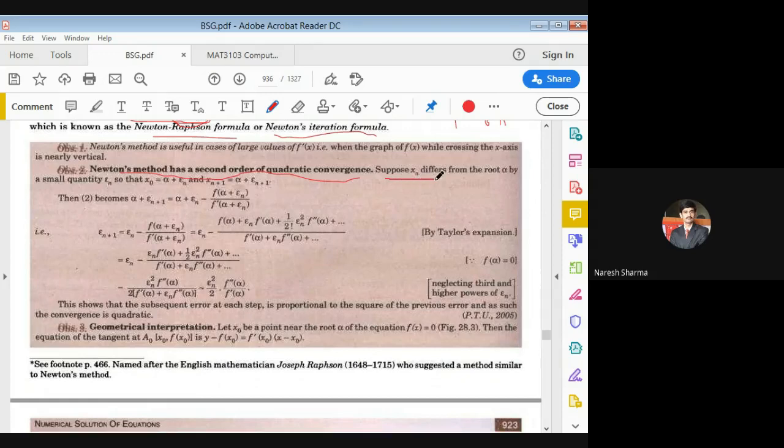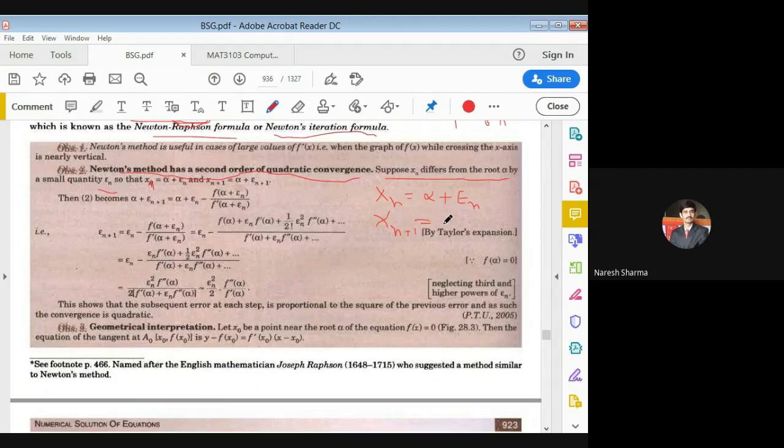Suppose your xn differs from the root alpha by a small quantity epsilon. So this is your xn. Here it is a typing error, I think it should be xn. So that means your xn, which is an approximation of the root, is equal to the exact root plus some error, or the difference, which is epsilon naught. We suppose that here. Similarly, your next approximation of the root is, suppose, xn plus 1,